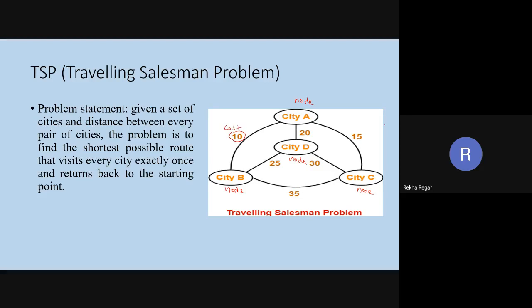This is a cost. This is also a cost. The cost I am paying from A to C or C to A. This is 30, again a cost, 25 again a cost, and 35 is again a cost. So we have a map like this, and in this map we have the cities and the costs associated with them. Sometimes this cost is given, or sometimes you can directly consider distance.